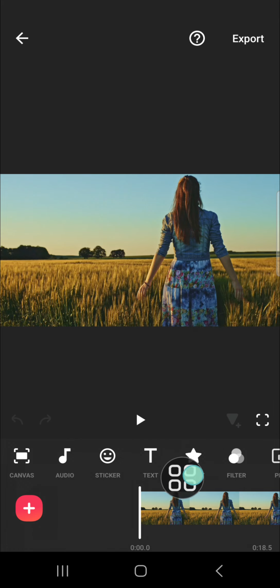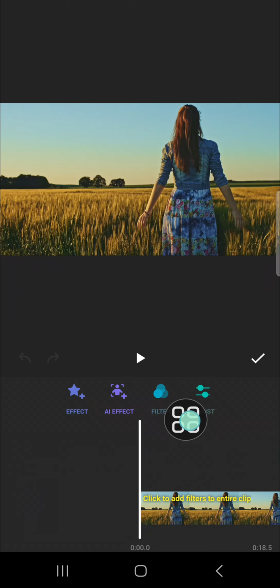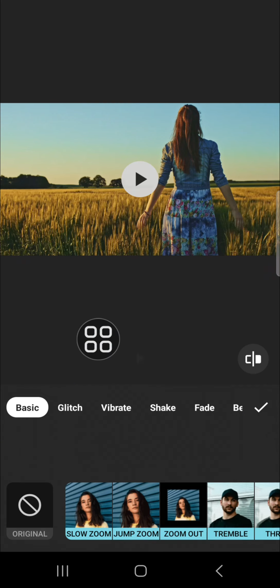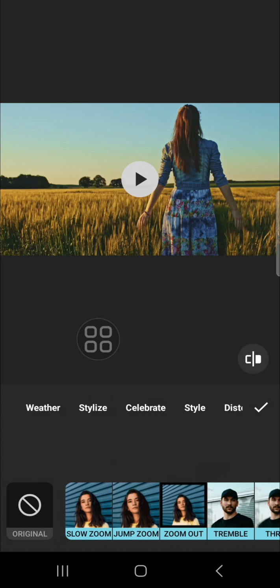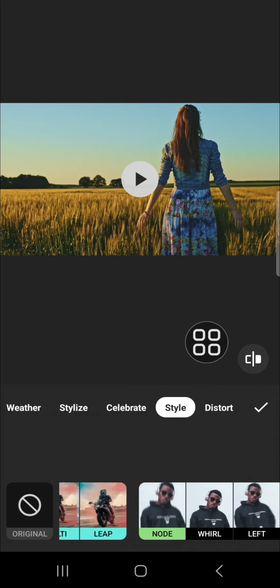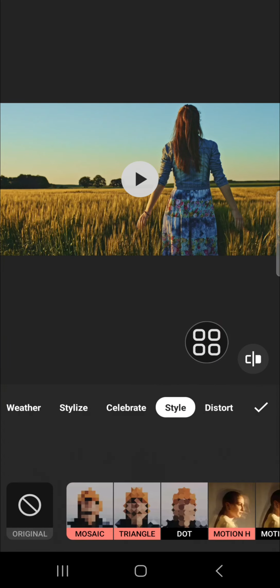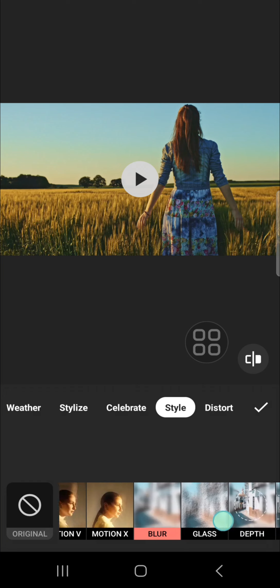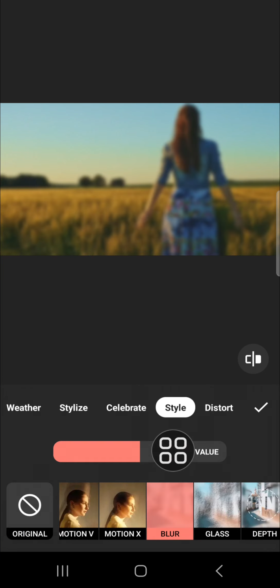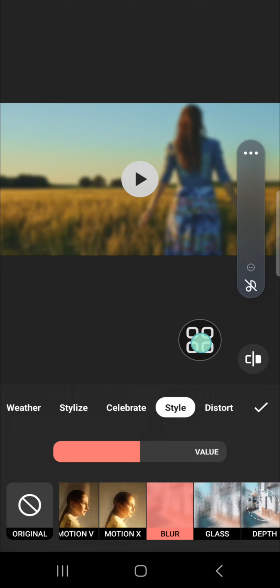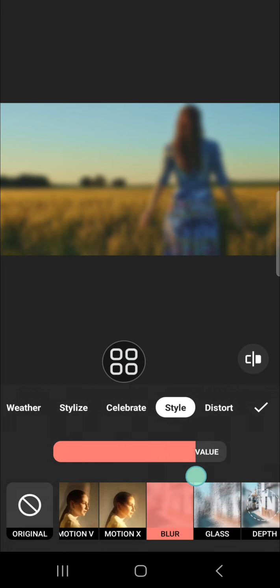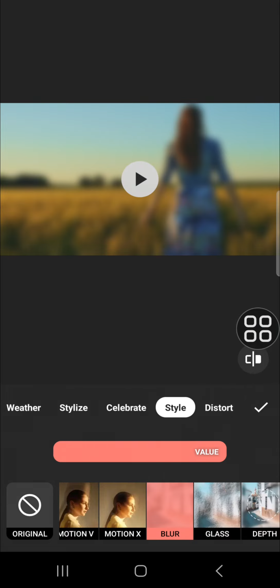We can go to the effect menu and go to the effect, right? And we need to scroll all the way to the right around here until we find the style category, and you have to choose the blur effect, this one, and you can customize how blurry you want it to be. And then I'm going to make it super blurry like this, and then we can click on this check mark